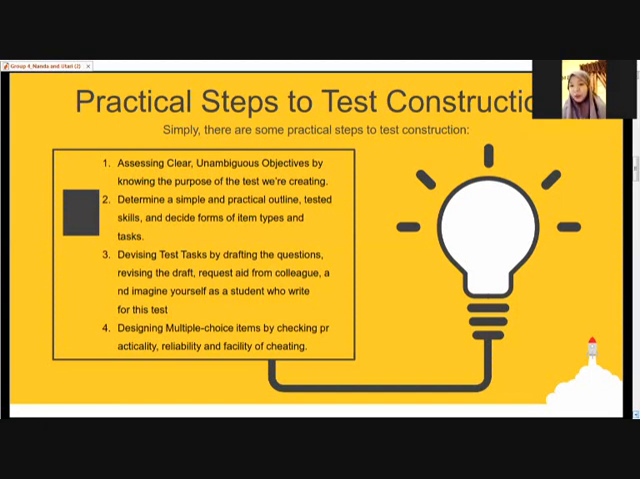In addition to knowing the purpose of the test that you are creating, you need to know as specifically as possible what it is you want to test. Sometimes teachers give tests simply because it's Friday of the third week of the course, and the teacher glances at the chapters covered during those three weeks. And then